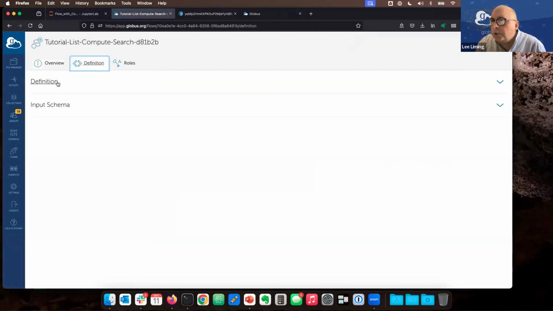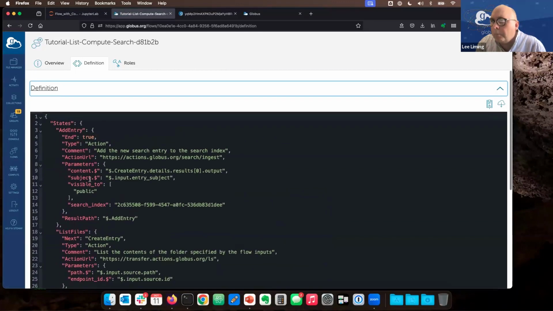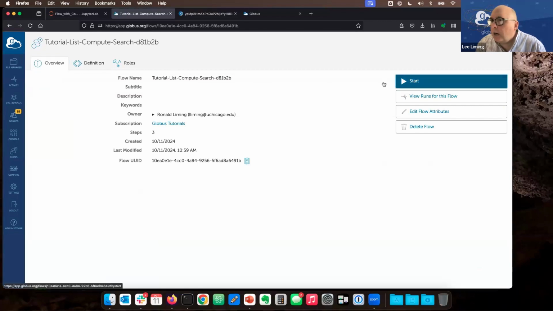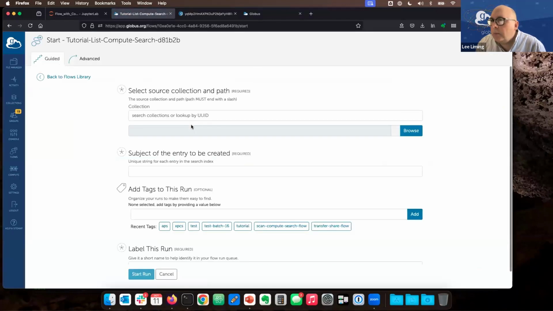Let's take a look at the definition just to make sure. Yep. Add entry, list files, create entry. Yep, it's all there. And if I click on start and give it permission to start it for me, notice that the input looks